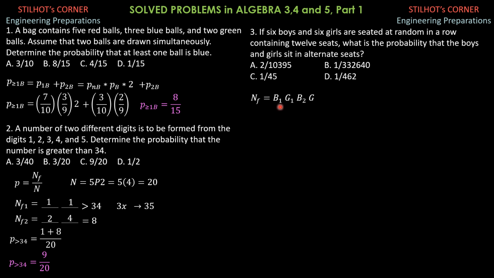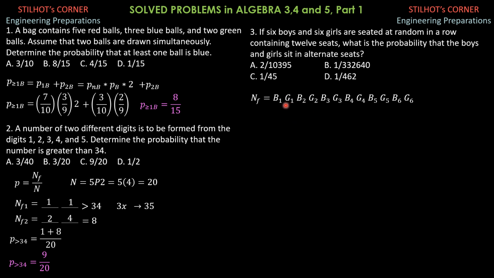So number of favorable outcomes, let's have this guide here, and the arrangement would be in a row. Just concentrate on the boys first, then on the girls. There are 12 overall individuals, so the total number of ways we can arrange these 12 different individuals is 12 factorial ways from the principle on permutations, arranging n different things taken all at a time. So the total number of outcomes is 12 factorial.